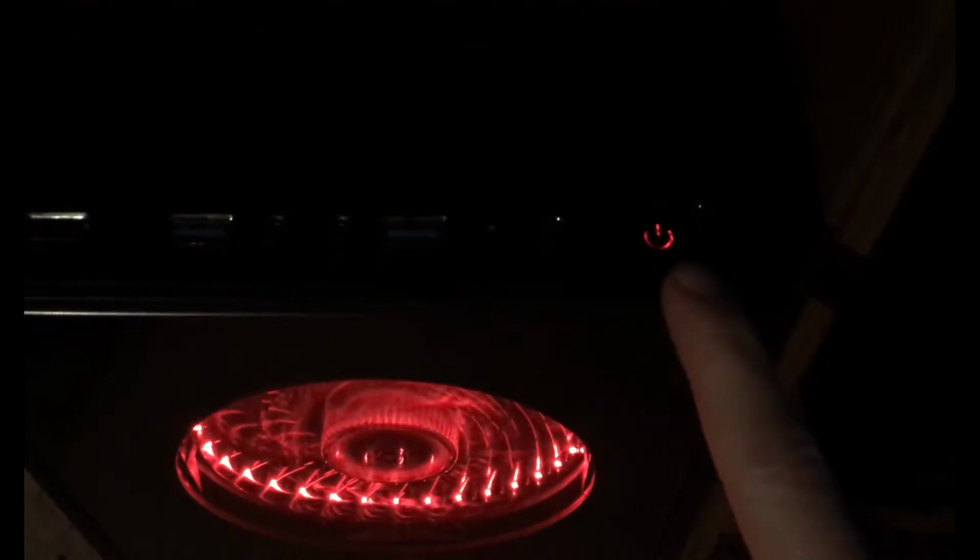We got a USB 3.0 here, headphone and microphone right there, USB 3.0, hard drive activity light, reset switch, power switch, and power LED right in there too. It's kind of hard to see, but